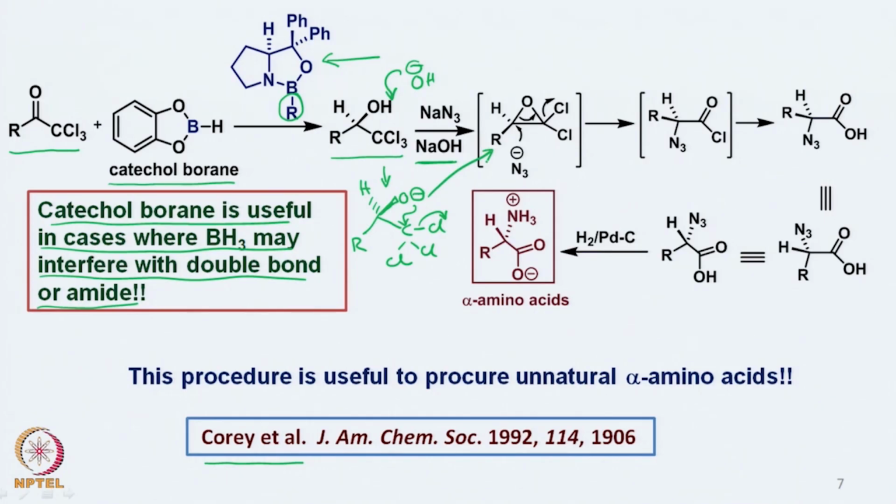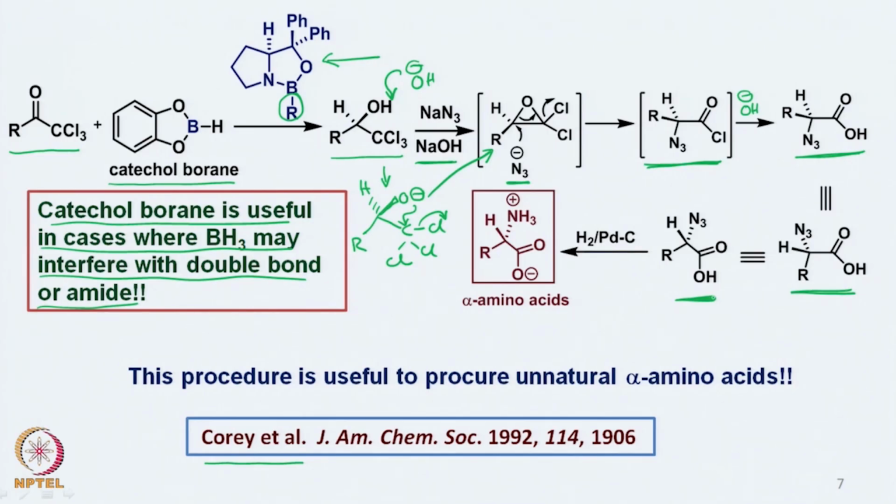dichloroepoxide. And this dichloroepoxide then under the conditions is attacked by the azide group, and in the way I have shown the arrows, the nucleophile attacks onto the carbon atom which is asymmetric, and then there is a loss of chlorine and eventually forming this acid chloride, which under the conditions, because there is a basic condition, is hydrolyzed. Of course, we can write the configuration of this in this fashion and in this fashion, whichever we like,